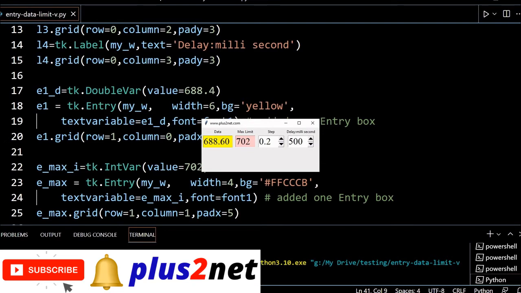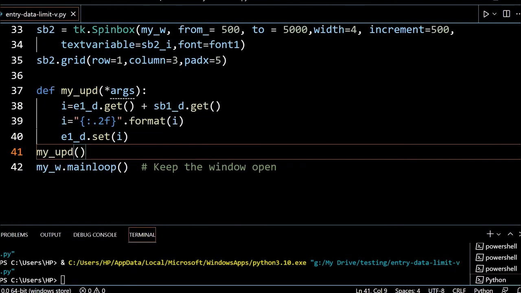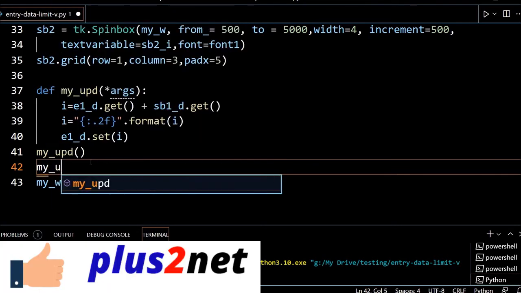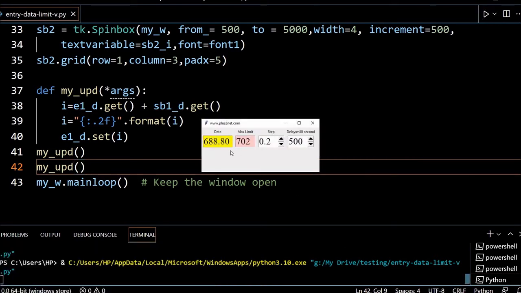Here it is, it became 688.6 because I called it one time. For your understanding, if I call it two times, it should go to 688.8, because 0.2 is added twice.